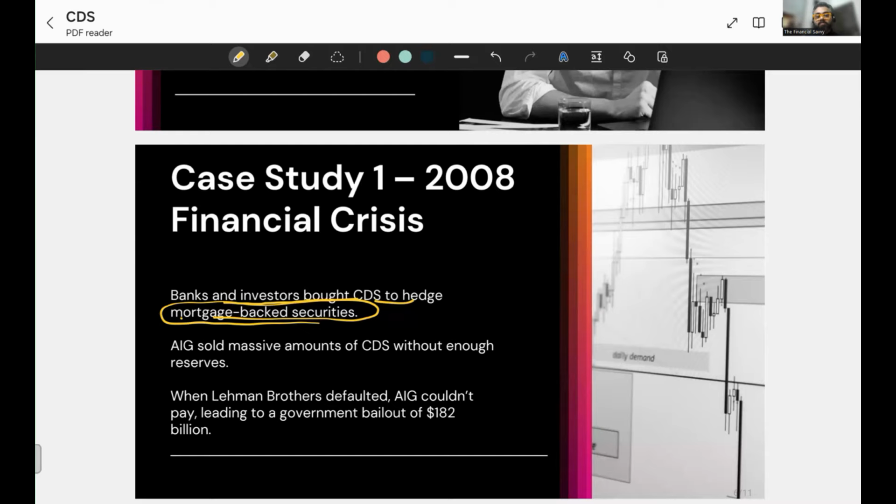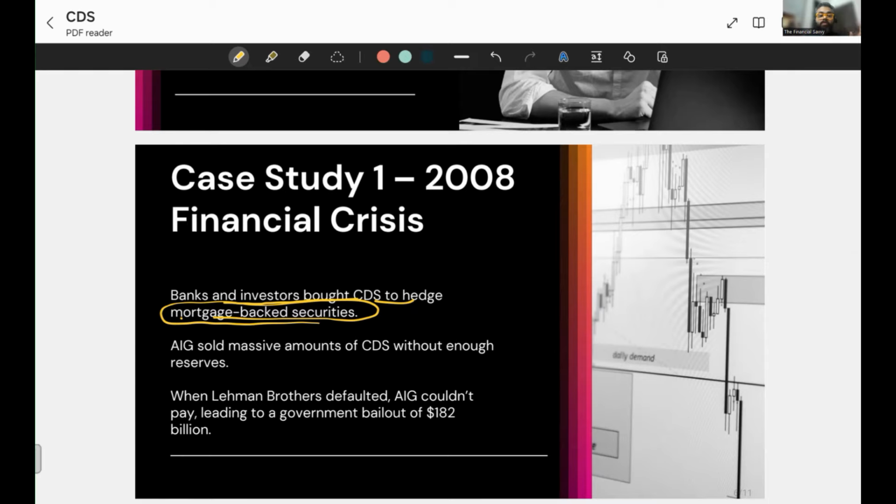I explained to you that if you are selling a CDS contract, then you will get some sort of fee, because you are providing cover in case of potential losses in future. That's the same thing that happened in the case of AIG in the 2008 financial crisis. They collected the fees, but they didn't have enough reserves at that time to cover the potential losses in case all the borrowers defaulted. And what happened? Then boom, Lehman Brothers collapsed. Mortgage defaults skyrocketed at that time, and AIG couldn't even pay up. At that time, the US government had to bail out AIG with around 182 billion US dollars to prevent